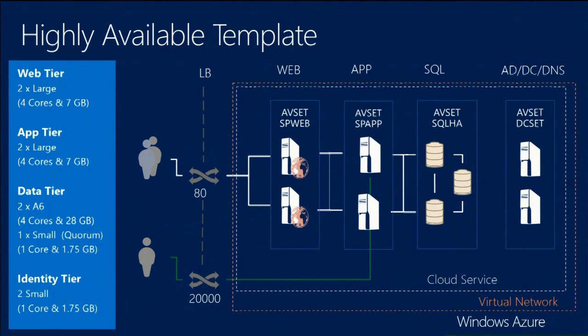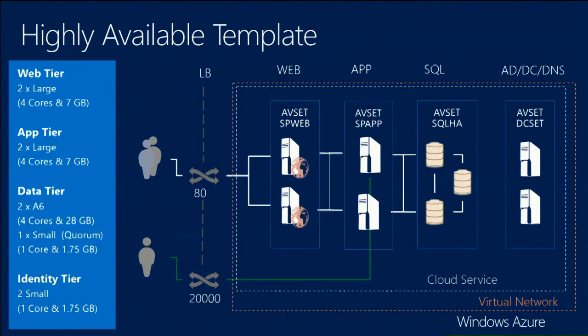It'll spin up 9 servers, each in their own availability set. So SharePoint web servers will be in an availability set, app, SQL, and the domain controllers. It will basically configure everything HA. So the web servers will be load balanced. The SQL servers will be in AlwaysOn availability mode. You can fail them over to your heart's content. And one thing to keep in mind is that each of the tiers by default, the web tiers are large, the app tiers are large, the data tiers are A6s. If you have a 20-core limit on your subscription, you're probably going to run out really quick. So either bump your subscription quota by contacting support, or you can adjust the config files to have smaller